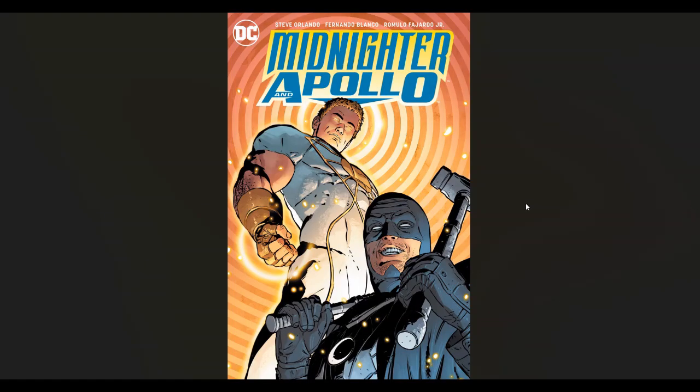Now, in retrospect, I really should have drawn a direct line between this yellow circle and these yellow circles, because these are all connected. Midnighter and Apollo is a direct sequel to the New 52 Midnighter series. As such, like I say, this is technically part of the Wildstorm universe. Obviously, like I just said,